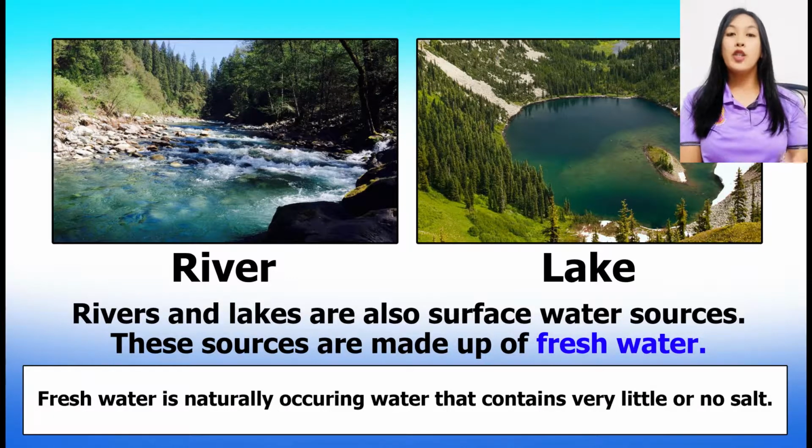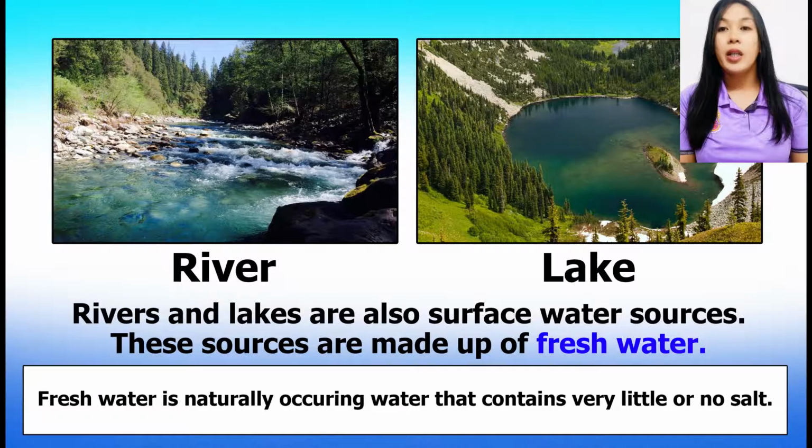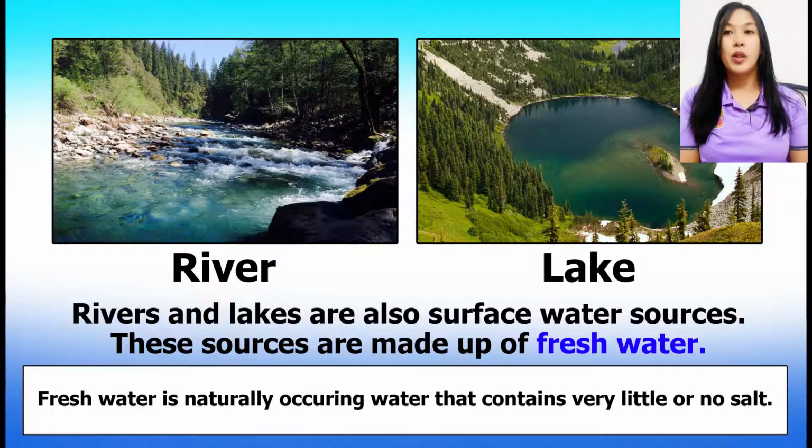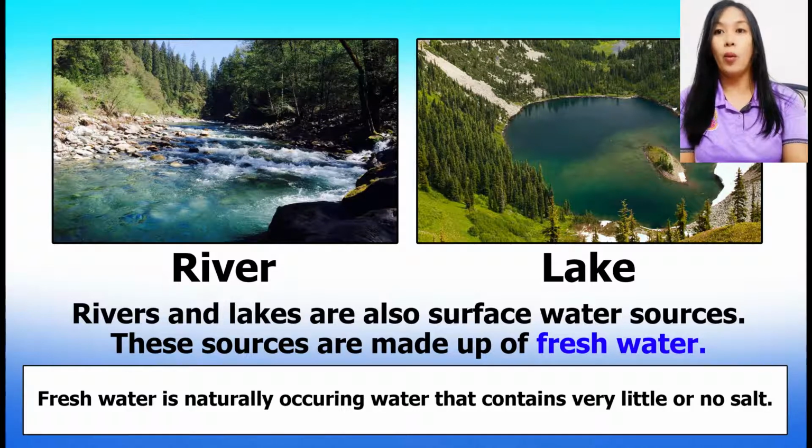Now, a lake is usually a body of water surrounded by land. Okay, so a lake is a body of water with land surrounding it. As you can see in the picture, it is surrounded by mountains, it is surrounded by land. So it is in the middle. So the lake is in the middle. So the water in the lake cannot flow. Okay, it does not flow out of the lake.